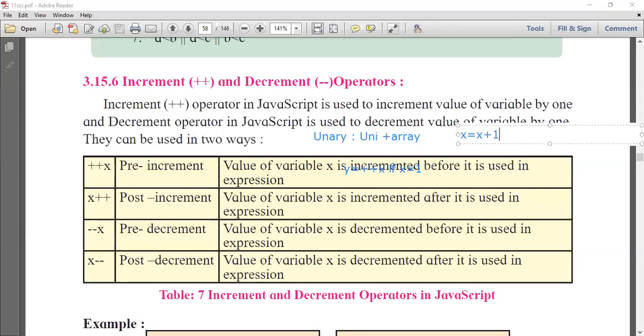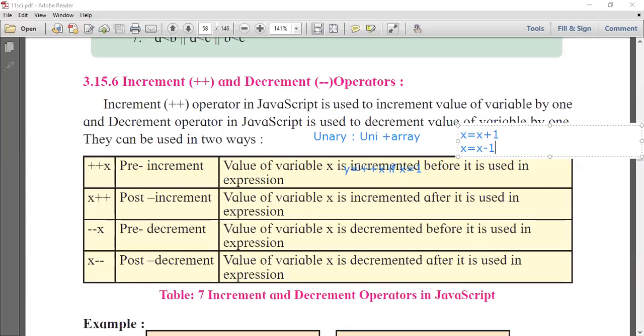Because we are incrementing the value of x by 1. And decrement operator means x is equal to x minus 1. So the meaning of increment is x is equal to x plus 1, means increment the value by 1. And what is the use of the decrement operator? The decrement operator is used to decrement the value of a given variable by 1. Okay, so increment means increment by 1, decrement means decrement by 1.